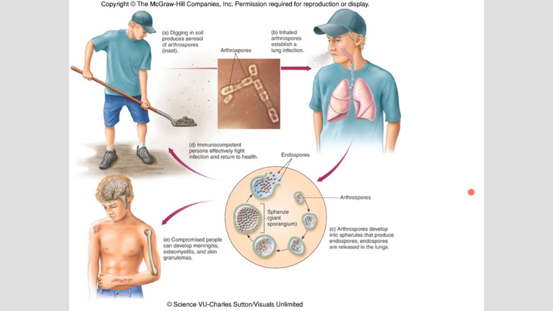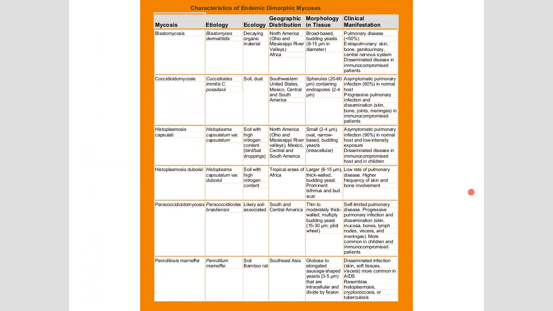The mold cycle is completed in the environment, and the yeast cycle is completed in our body. And then again, it can go to bones. That's another important aspect, because something that goes in bone is very difficult to treat. It's very difficult to treat when it goes to that level. This is from your book, and